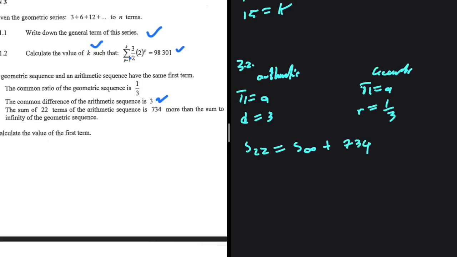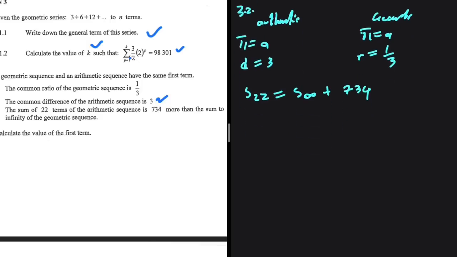That is how I'm interpreting the question. But what is the sum of an arithmetic series? We have n divided by 2 multiplied by 2a plus n minus 1 multiplied by d. And then the sum to infinity is a divided by 1 minus r